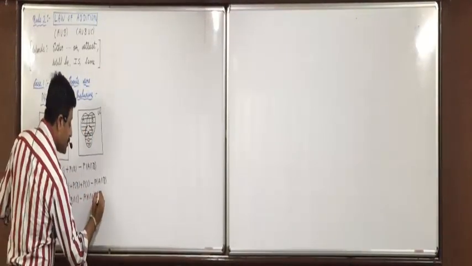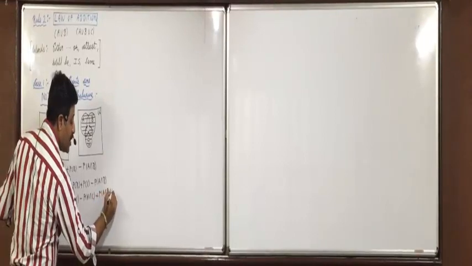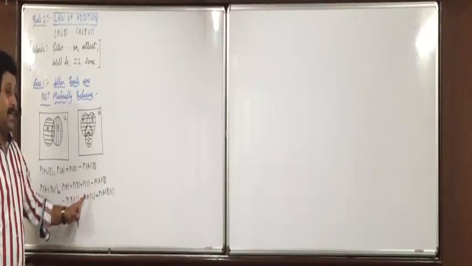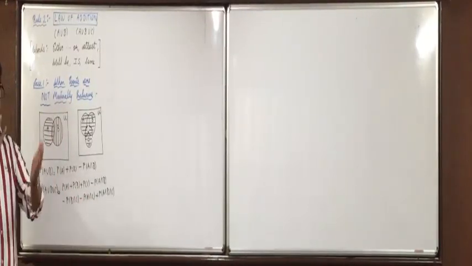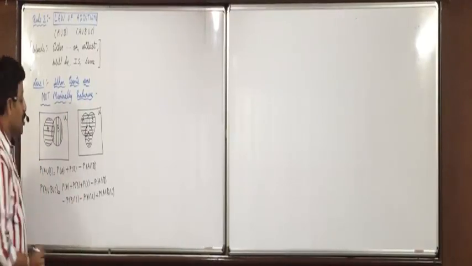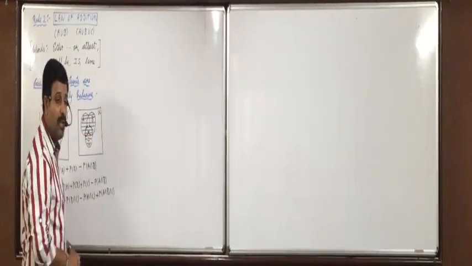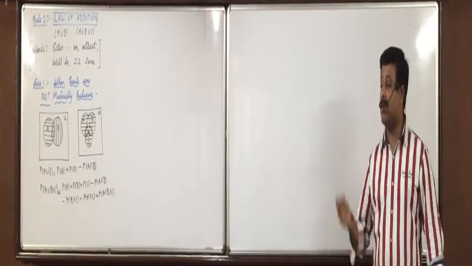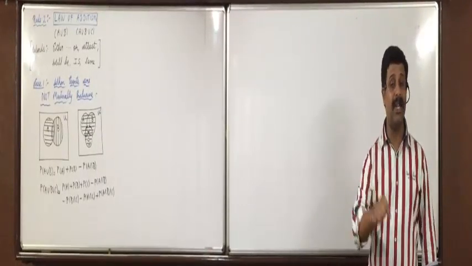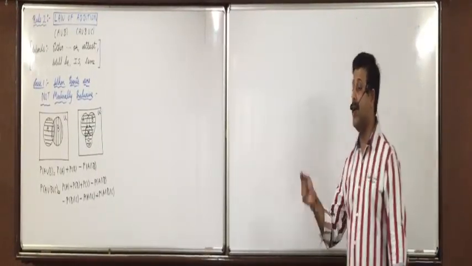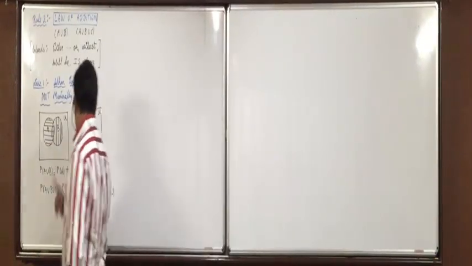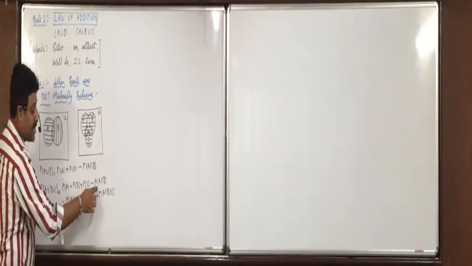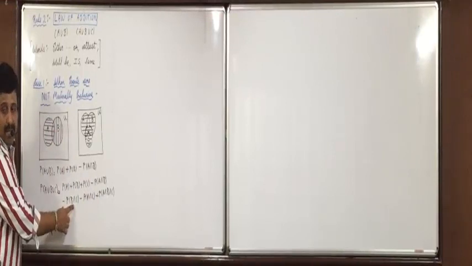So now add it back. Because A union B union C must include that center part also. But by adding it 3 times and then subtracting it 3 times, it completely gets removed. So now include it back. So what will be your formula of A union B union C? P(A) plus P(B) plus P(C) minus P(A intersection B) minus P(B intersection C) minus P(A intersection C) plus P(A intersection B intersection C). What is the logic of subtracting A intersection B? In A and B it gets included 2 times, excluded once. What is the logic of subtracting B intersection C?